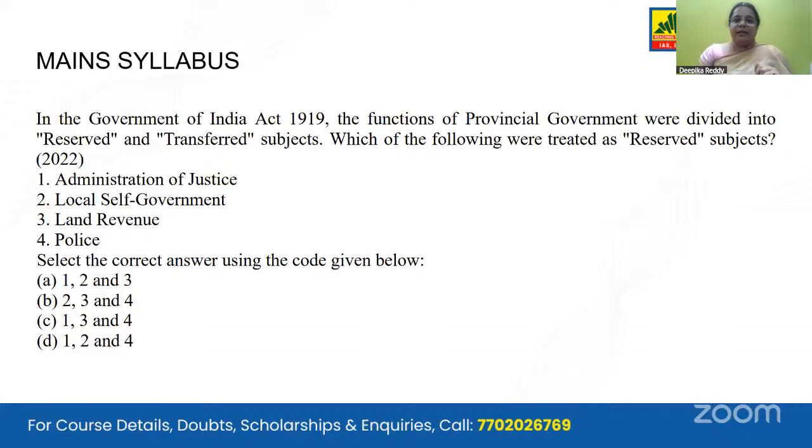Now, this again is related to historical underpinnings. This is a topic which overlaps with modern Indian history. When you read the difference in approaches in modern Indian history, you also read about why the law came into existence and what the impact of the law was. Am I right, Tiwari? You read the whole sequence. You have to know why the government did it, yes.